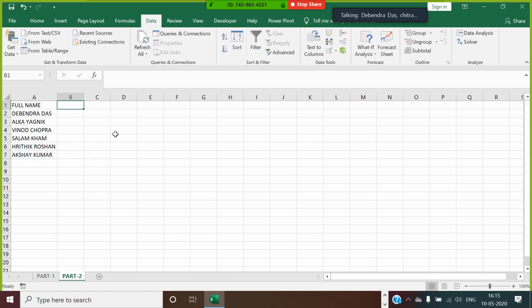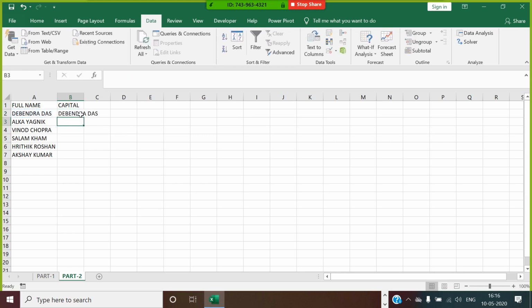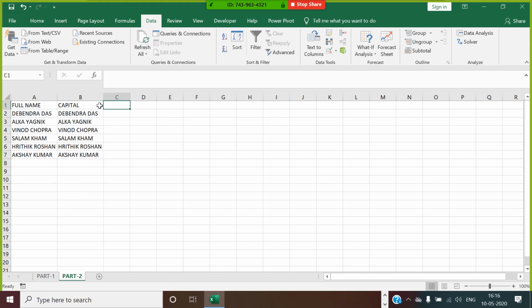Now I want to get this in capital letters. So what I'll do here, I'll use a function in Excel which is called UPPER. If you use UPPER of this name, it is going to be all in uppercase. If you want small letters, how will you get that?